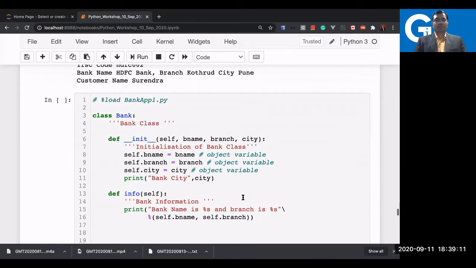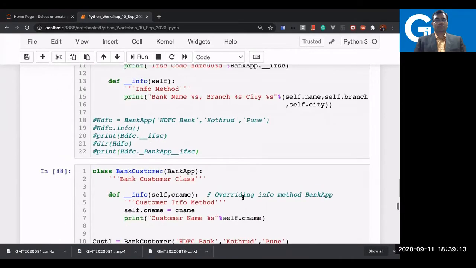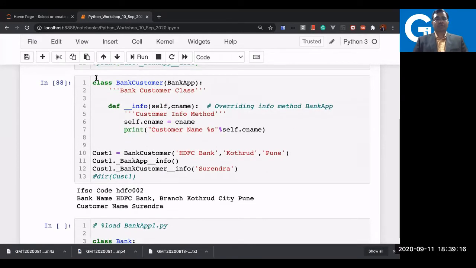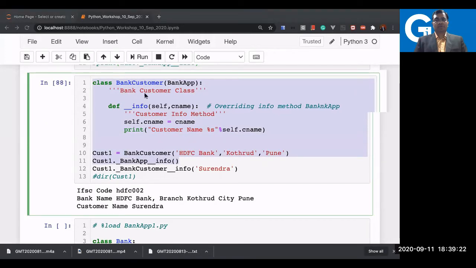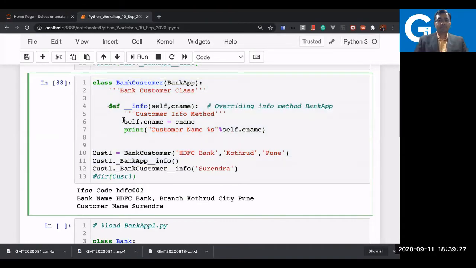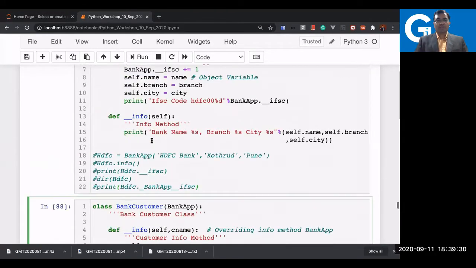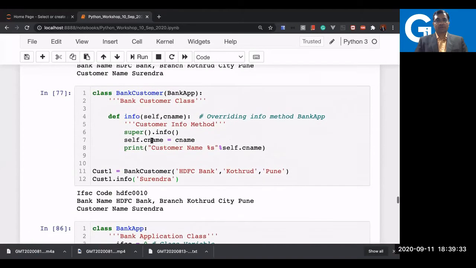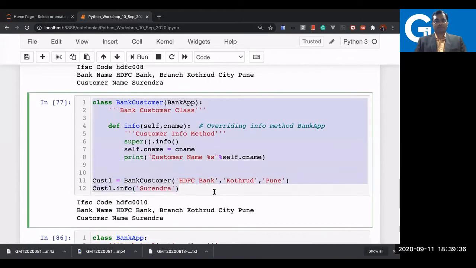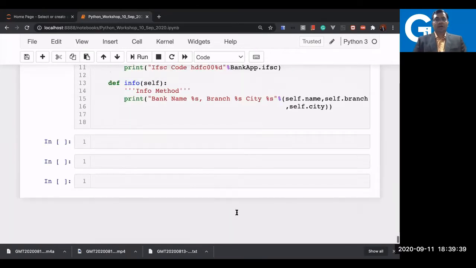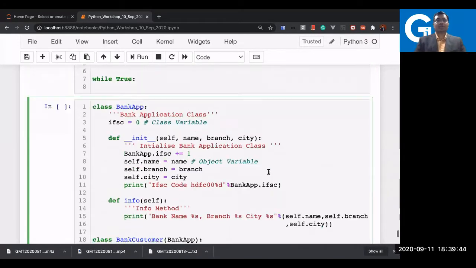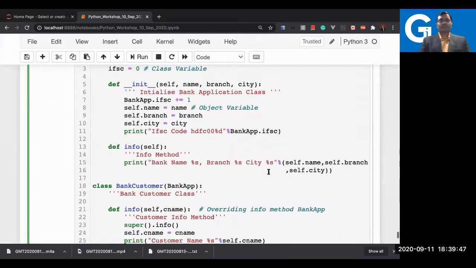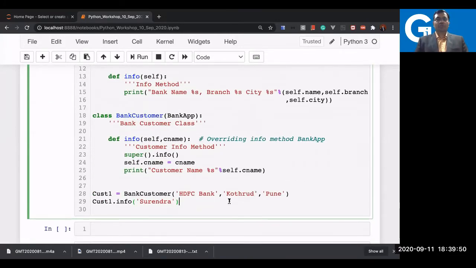So where is the customer now? Customer is wrote here, bank customer, right? This is what we wrote. So this I will continue here, and let me write this. Okay, sorry, by mistake. Okay, so now here there is one more method which was written previously prior to this. This was there, right? This one, bank customer. So let us have all the code together now. So you have bank customer and you have bank app now. Both the things are there. Now here we will try to, okay, this is executable.